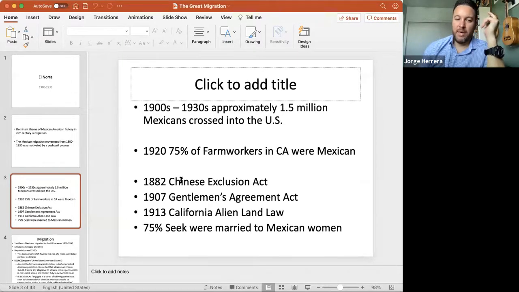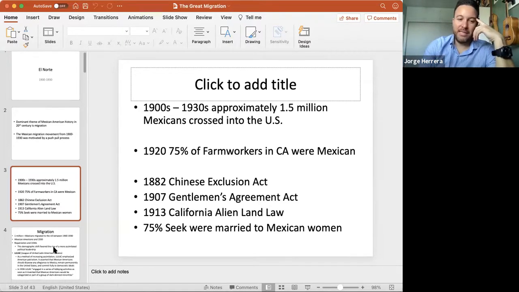So let's talk about that. 1.5 million people come over, and then we have the stock. And the reason it stops at 1929, 1930 is because that's when the stock market crash happens. And the United States and the government blame Mexico for that. Sorry, Mexicans for that, even though they have nothing to do with the stock market. But they scapegoated Mexicans, and they deported. Some people say up to 1 million people, but between 400 and 500,000. So around 500,000 to 1 million people were repatriated back to Mexico, right? So they're sent over. That's why the migration stops. Why are you going to migrate to Mexico in 1930 when people are getting sent back, right?